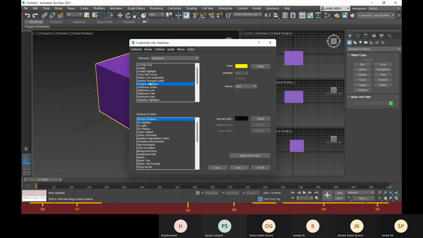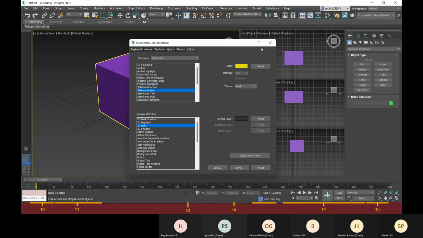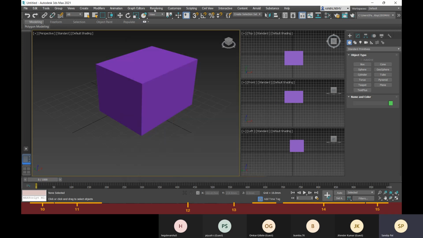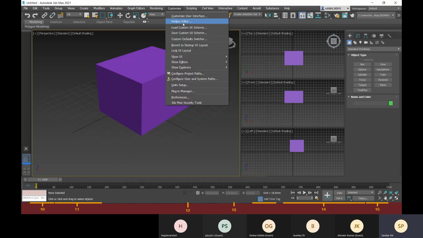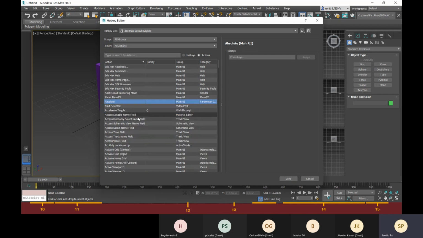So you can just choose what color for different elements. Right now I'm closing it, and you can go to this Customize, and here you have this hotkey editor. For almost every command you have shortcuts, or what is called a hotkey in 3ds Max language.